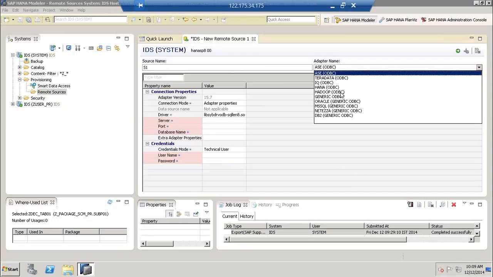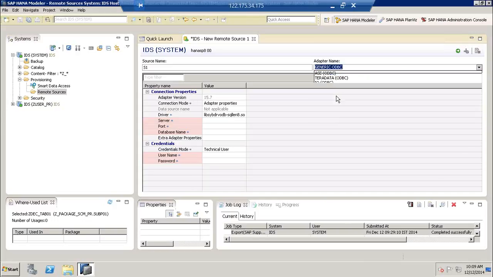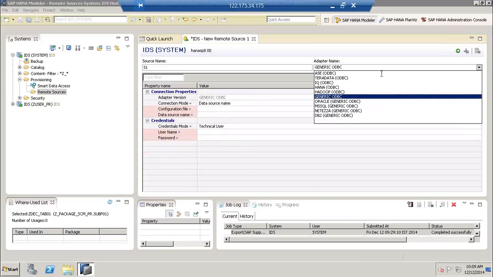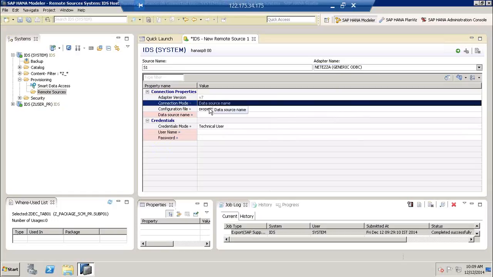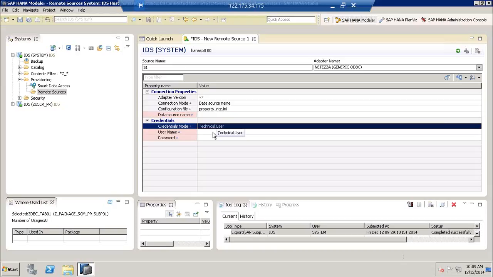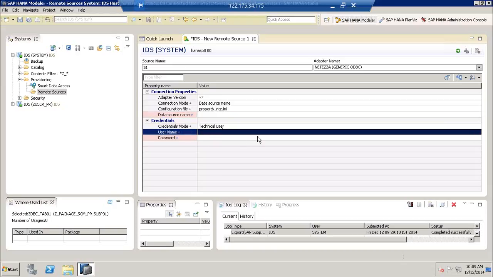Let's say you're willing to connect with Hadoop without BODS, although BODS has a Hadoop Hive connector. Or maybe there are some generic sources, for example. So a generic source, or you want to connect to a Teradata system or a Netezza system, generic source, give the adapter details, connection, source name, other details of the connection, the credentials of the user and the password, and then activate this SDA connector, and then you'll be able to bring in from that source without storing the data here again in HANA, reducing the redundancy. So this is a new feature enabled in SP7 early adoption,